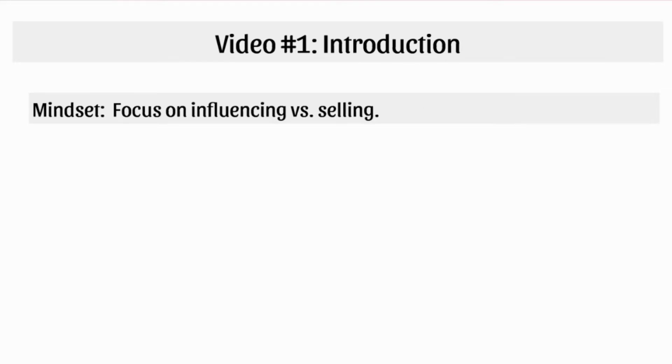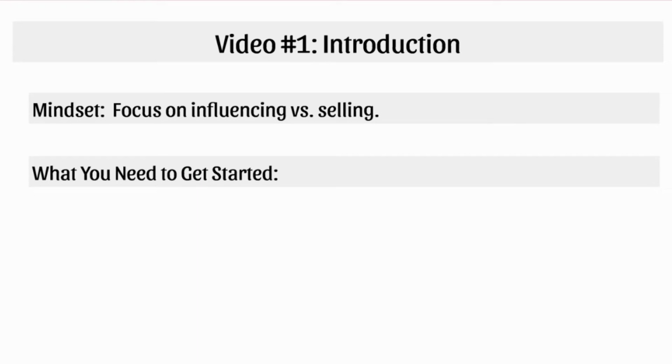So now what I want to do is talk about mindset, because having the right mindset going into this is so important. And the reason why is because a lot of times as sellers, product owners, or service owners, or whatever business owners you are, at the end of the day, you're trying to sell your product, right? Shopify store, affiliate store, or whatever. But instead of focusing on selling, you want to focus on influencing and creating a brand and creating a lifestyle. That's what Instagram is all about and how that's different. And we'll talk more about the differences in the next video.